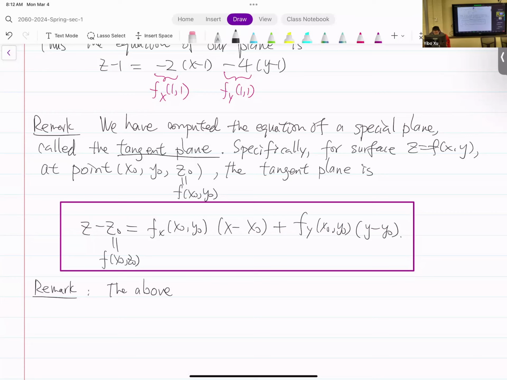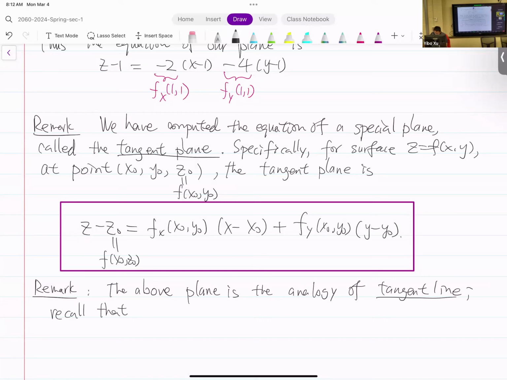So this is sort of a generalization of the tangent line concept. So the above plane is the analogy of the tangent line of a curve. Okay, so recall that